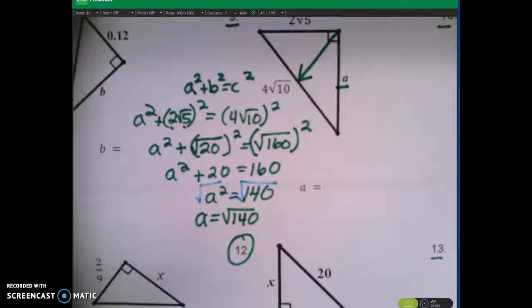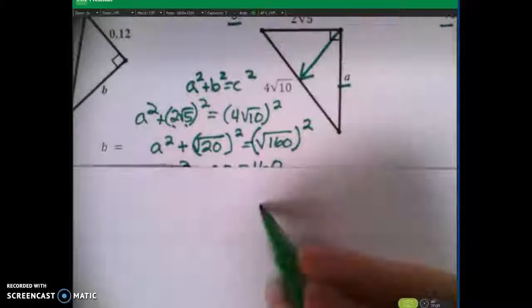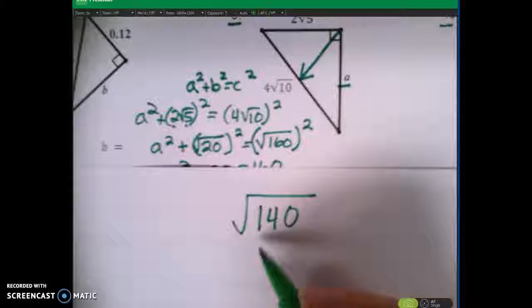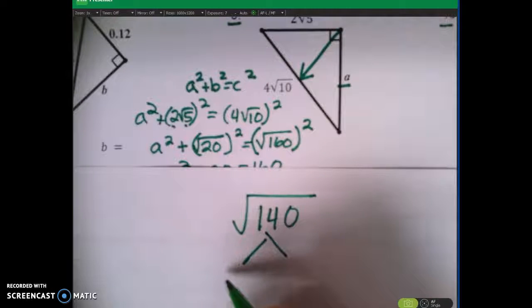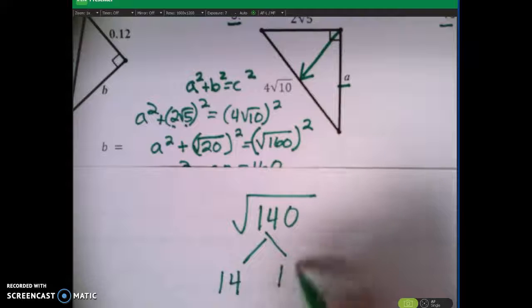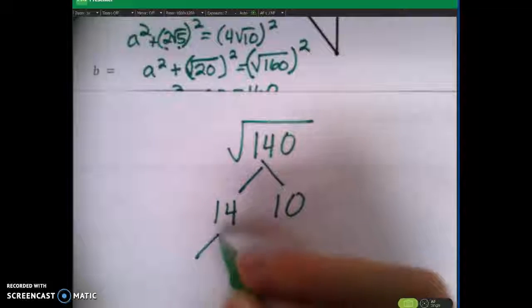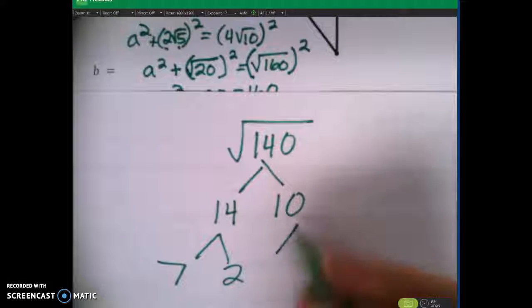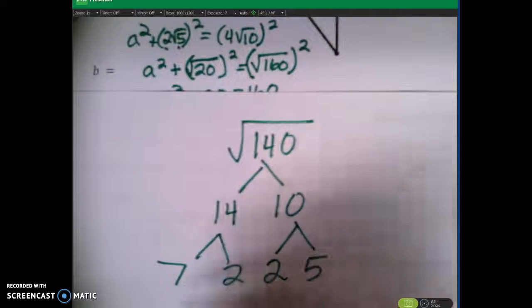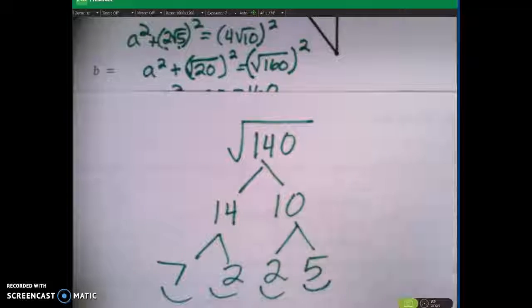I bet there's a perfect square factor that goes into 140. Let's look at a factor tree for 140. 140 is 14 times 10, and 14 is 7 times 2, and 10 is 2 times 5. So I know when I